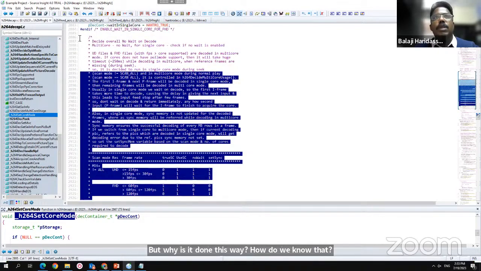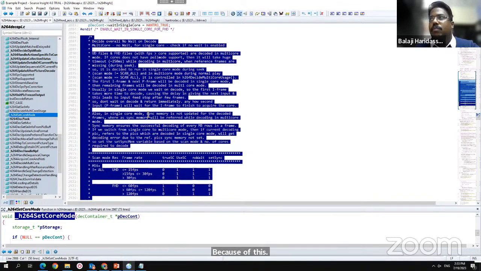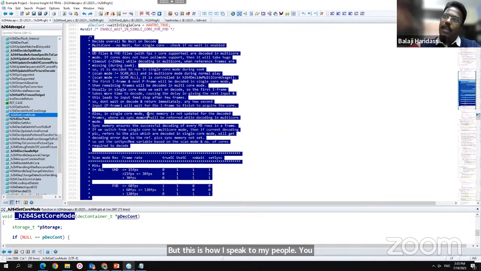This person has the right mindset. He cares. It means he cares. I'm using that term, it may be a bit harsh sometimes, but this is how I speak to my people. You care. And I really appreciate those people. I take random samples from code and show them to everyone, and I just say, this person has really done it, he really cares for you all.